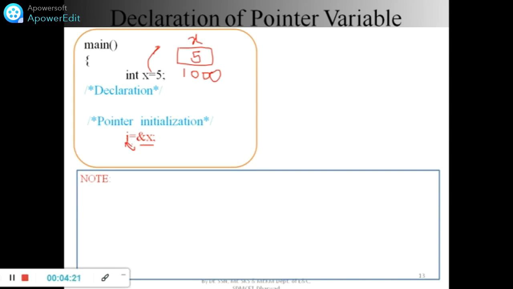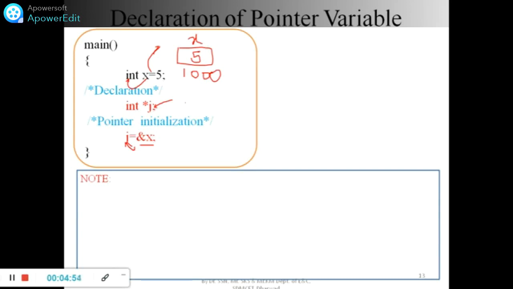Now j. What is j? j is nothing but another variable which is trying to store the address of variable x, which is pointing to an integer. So now I need to declare this j, is it not? j is a special variable which is storing the address of another variable.